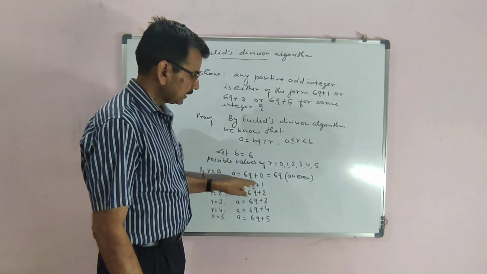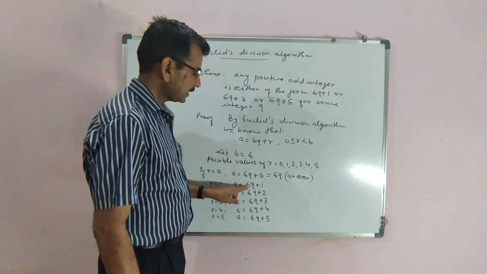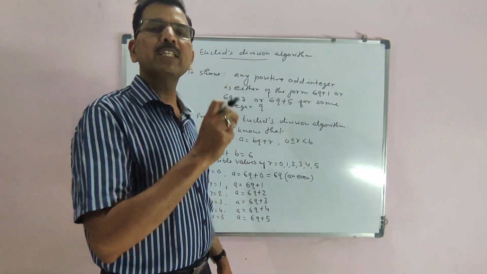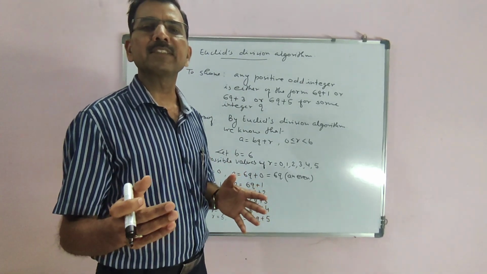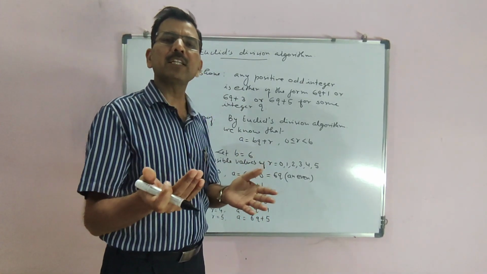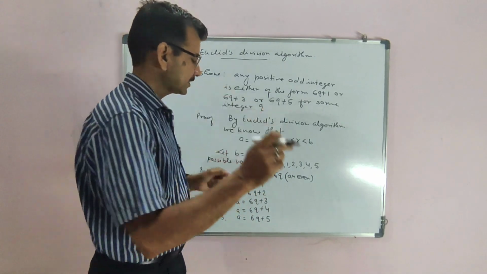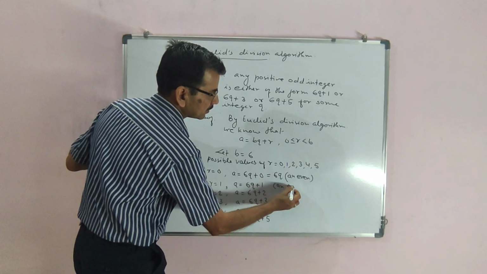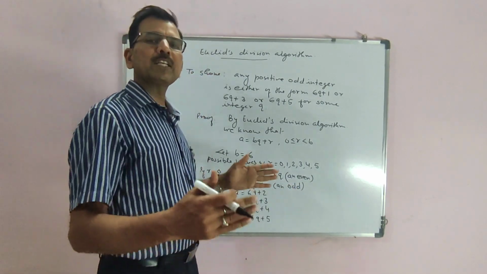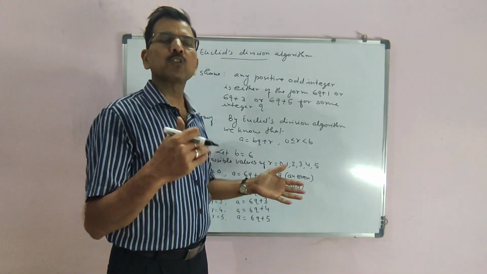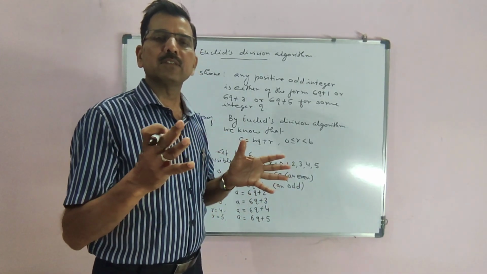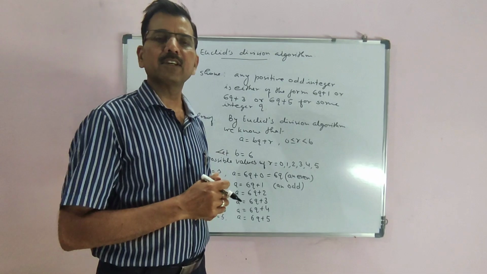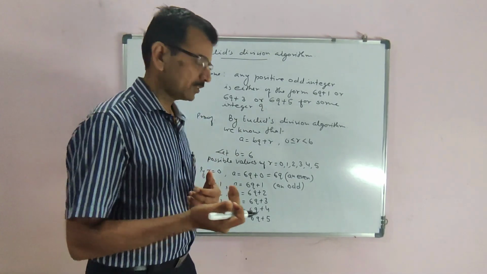Now, we have said that 6q is an even integer. And if you add 1 to any even integer, what does it become? Even integer plus 1? Yes, it becomes an odd integer. Very good. We have so many examples. Suppose the even integer is 8. You add 1, you get 9. 9 is an odd number, an odd integer we can say.